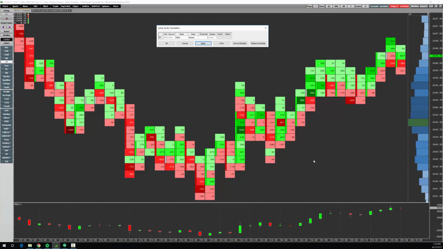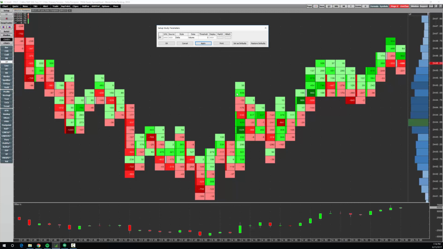Some of the things worth noting here. Notice down bars. There's a high correlation between price direction and delta. So a down bar will tend to have more negative delta across the board, and up bars tend to have more positive delta. When that doesn't occur, that's what we call delta divergence, and you're starting to see dislocation,